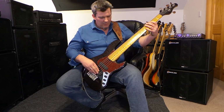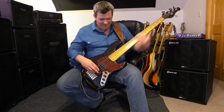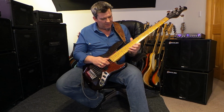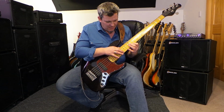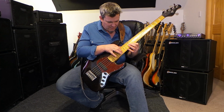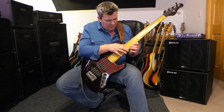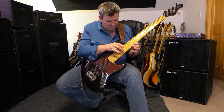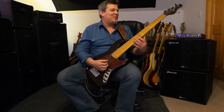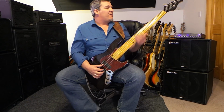Another cool thing: real easy access all the way up to the 24th fret, which is very cool. It's the only time you'll ever see me tapping. I don't do that, but this bass is really easy to do that on, so should I ever get a wild hair,